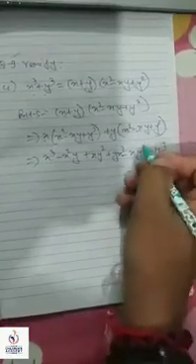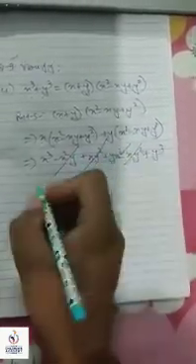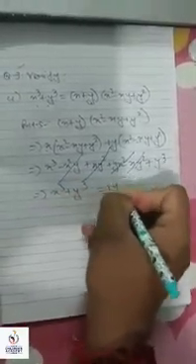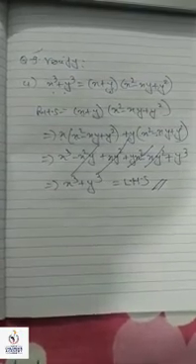See here, xy square and minus xy square will cancel out, x square y and minus x square y will cancel out. What we will get? x cube plus y cube, and this is equal to LHS. So like this we will verify these types of questions. Okay, so in this exercise these types of questions are there.